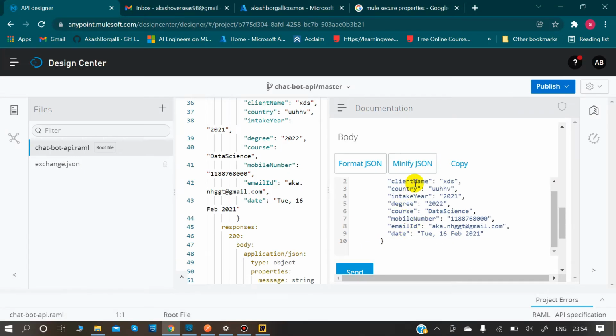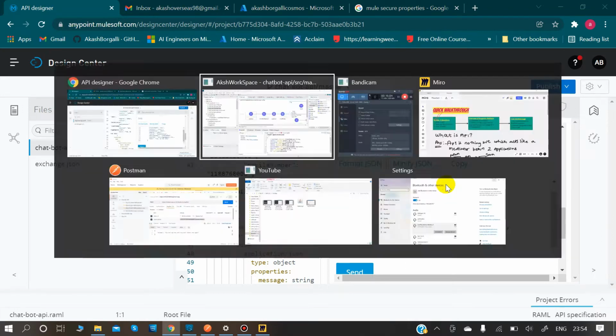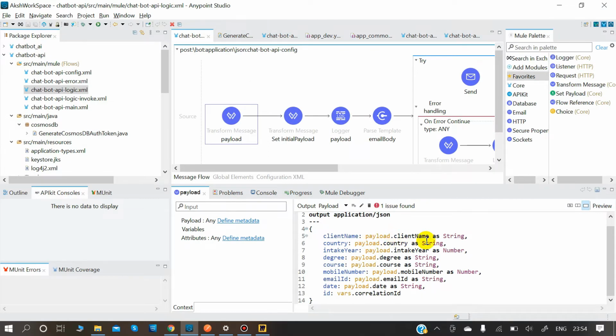As you all can see, client name, right? It's in a JSON format. To access a client name which holds this value, we give this format: payload.clientName. You convert it into a string. This transforms the message into a particular format, in whichever format you want it to be, as well as it tries to convert it into a number, and many such things. So in this way we are taking all the values dynamically and then storing them.